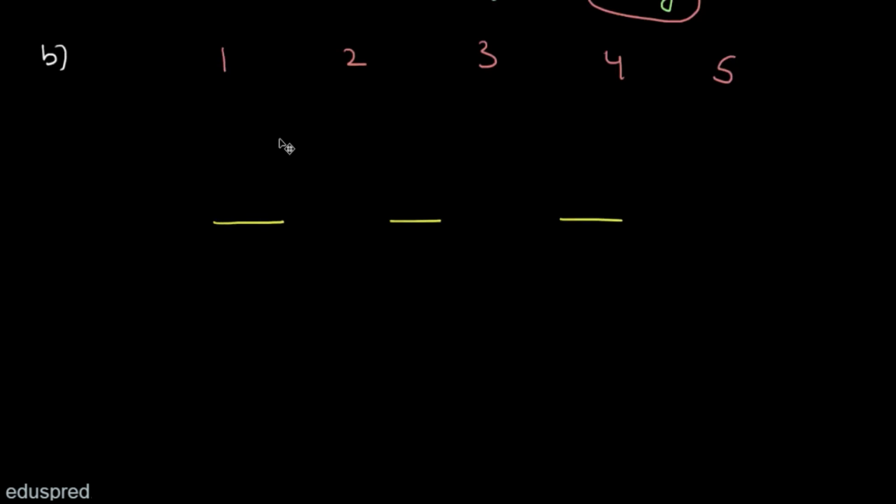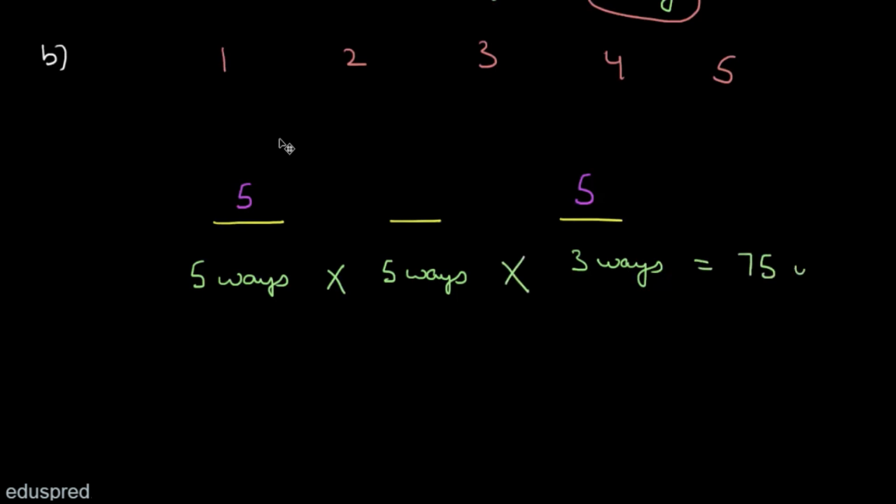So let's start with the units place. Well, the units place can be filled in 3 ways. So we can write 3 ways here. And for the sake of example, let's say the number that we have here is 5. Now, having filled the third slot with number 5, in how many ways can we fill the first slot? Well, note that repetition is allowed, so we can fill the first slot in 5 ways. I mean, we can write 5 here as well. And similarly, there are 5 ways to fill the second slot as well. And we have to fill the first slot and the second slot and the third slot. So that means the total number of ways is equal to 75.